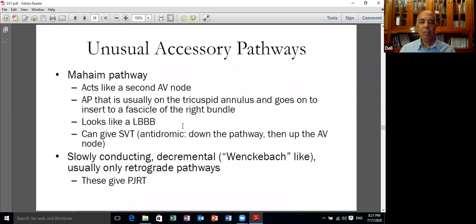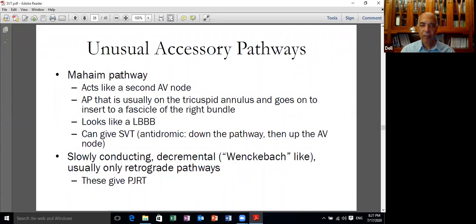Now we have many actually, but the two important unusual accessory pathways are the Mahaim pathway, rare but important to recognize, and then the posteroseptal decremental pathway, which is responsible for the paroxysmal junctional reciprocating tachycardia that we were pointing to just shortly. So what's the Mahaim pathway? The Mahaim pathway is actually another AV node